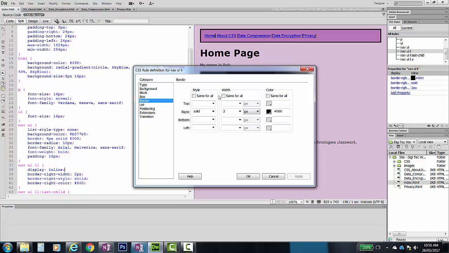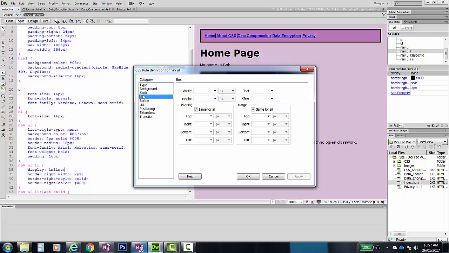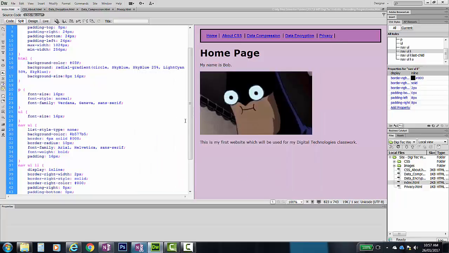Again we need to space these out a little bit, so let's go to our padding and change the right and left to 8 pixels. Hit apply and now we have some nice spacing between those borders and we can clearly see that each one is a different length. But you'll notice here we now have a border here on the right which we don't really need. So hit OK to get out of that one, and